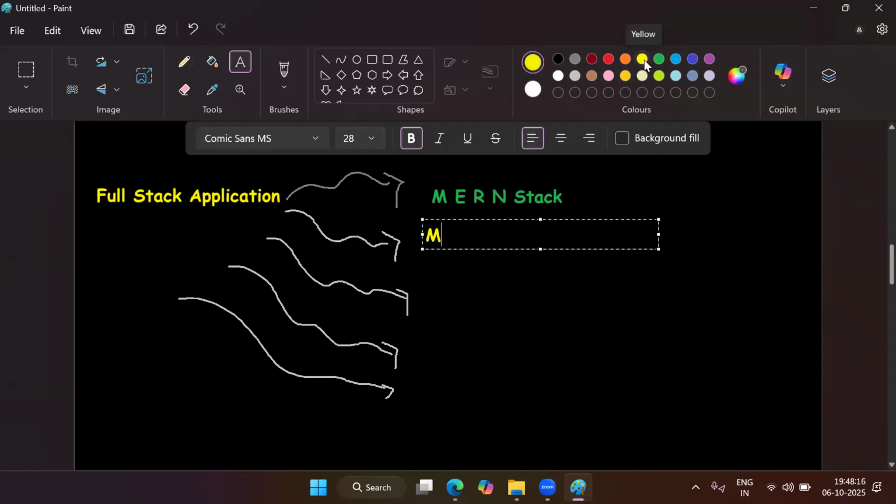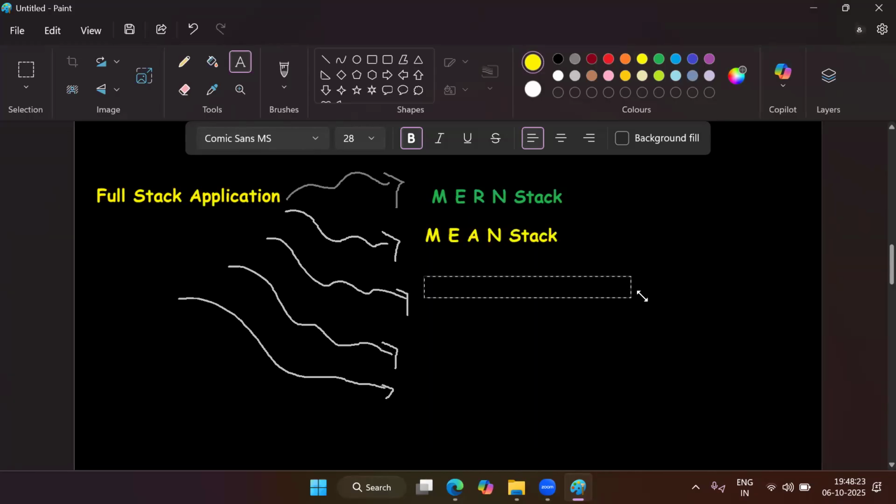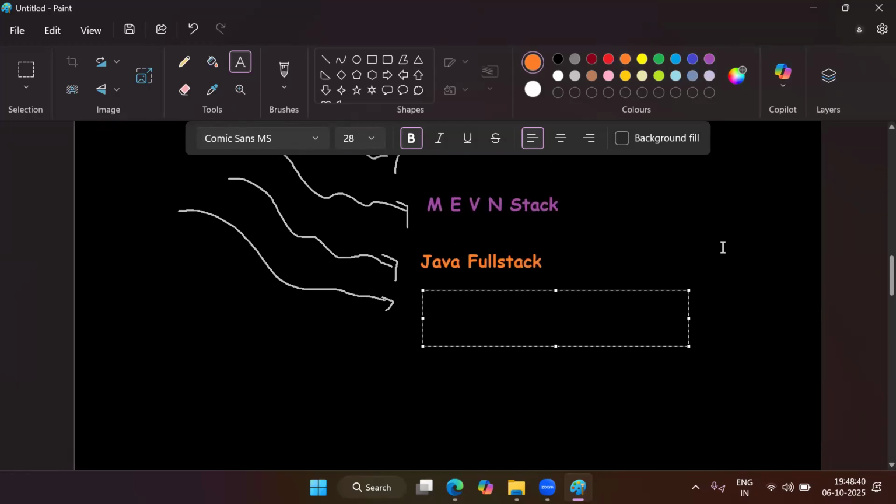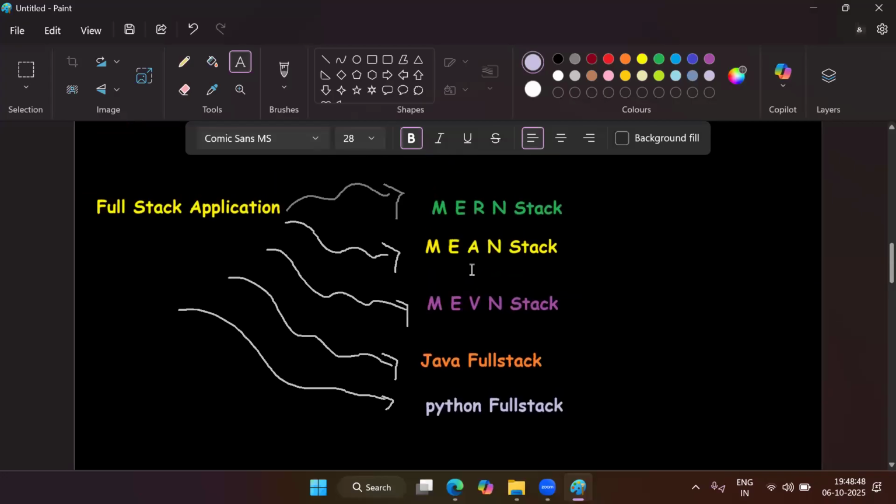So we have MEAN stack, we have something called MAVEN stack, we have Java full stack, and we have something called Python full stack. So these are the different stacks we can use to develop the full stack application.